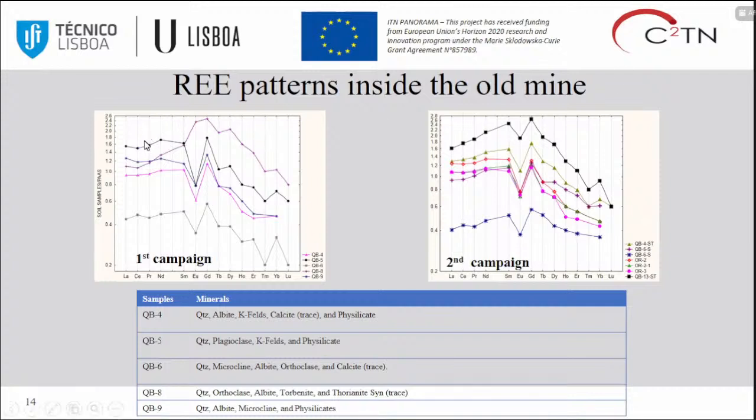The second group is the rare element patterns in the old mine. It's very important. This sample was the most important for our study inside of the old mine, but unfortunately it was removed for the remediation activity, and we need to find another sampling point with similar characterization. But this sample had the higher amount of the better uranium minerals and the best uranium phase, and also had middle rare element concentration compared to the other samples.